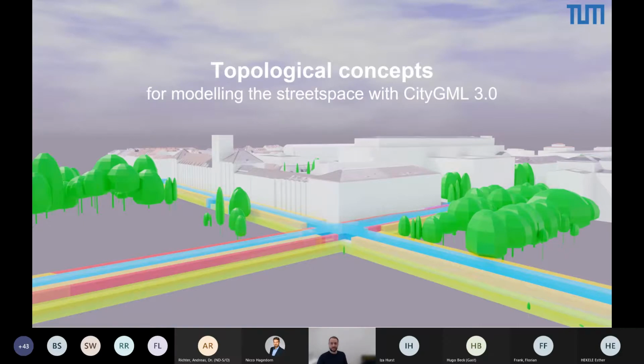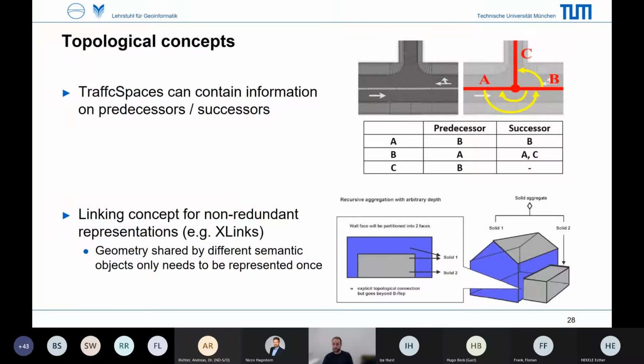Okay, these were the most important geometric concepts of CityGML. Now let's have a quick look at topological concepts that are provided by CityGML. One concept that is new in CityGML 3 is the possibility to have information on predecessors and successors for traffic spaces. So in this example here, you can see a linear representation of a very simple three-way intersection in granularity